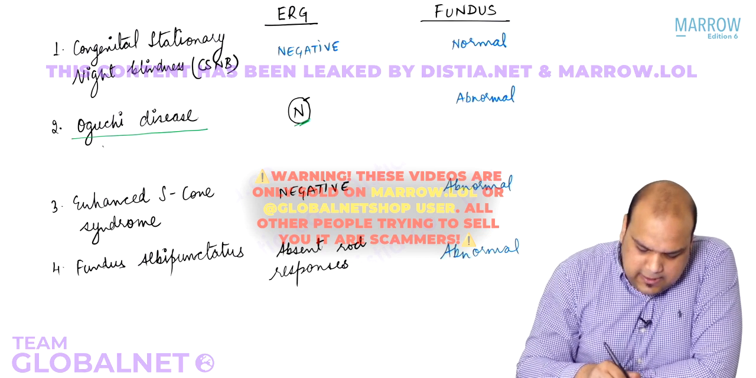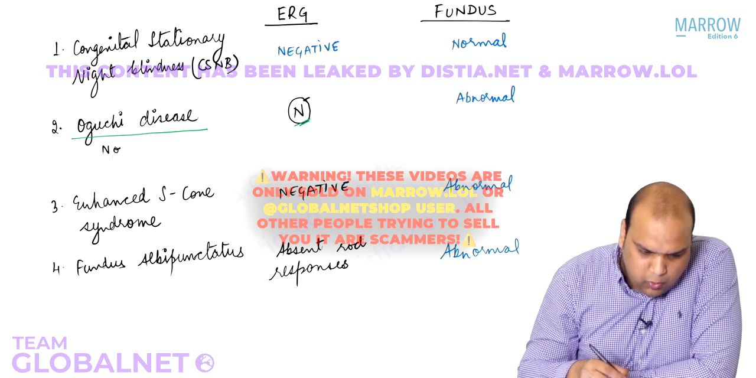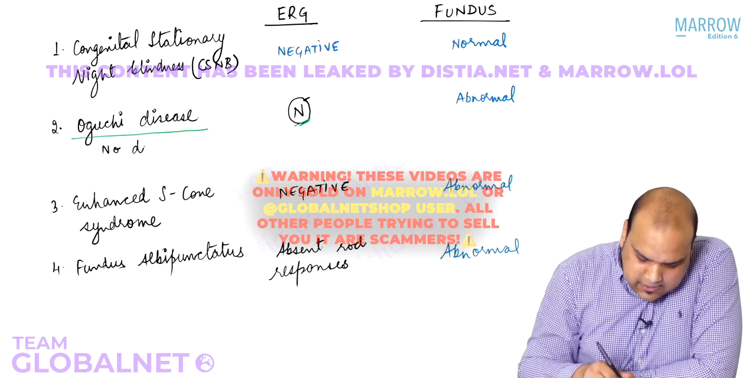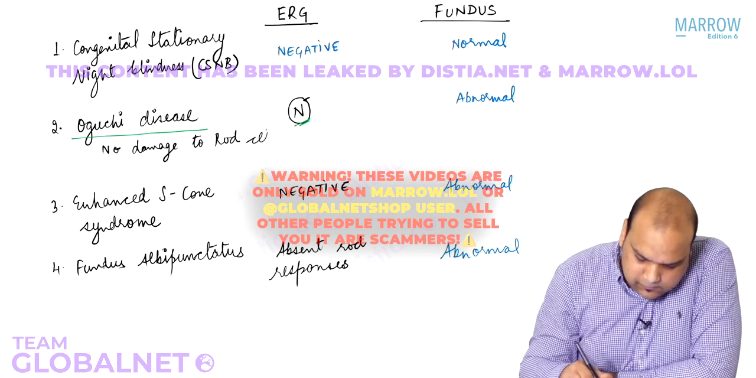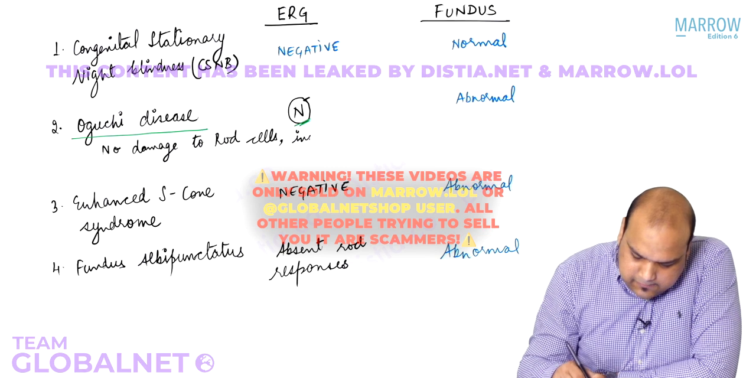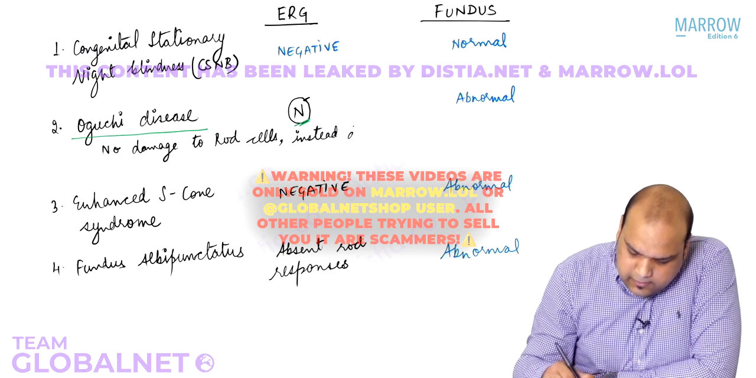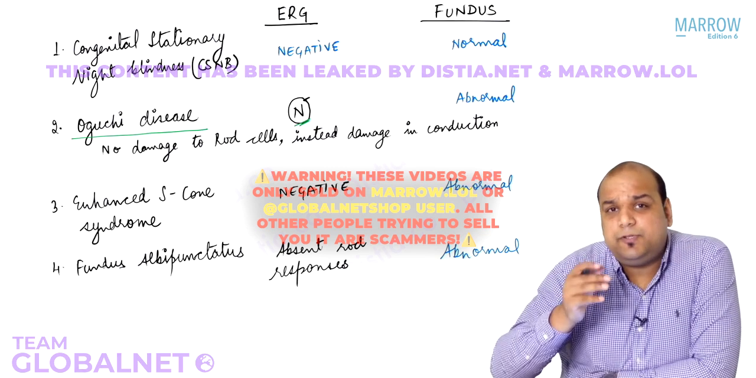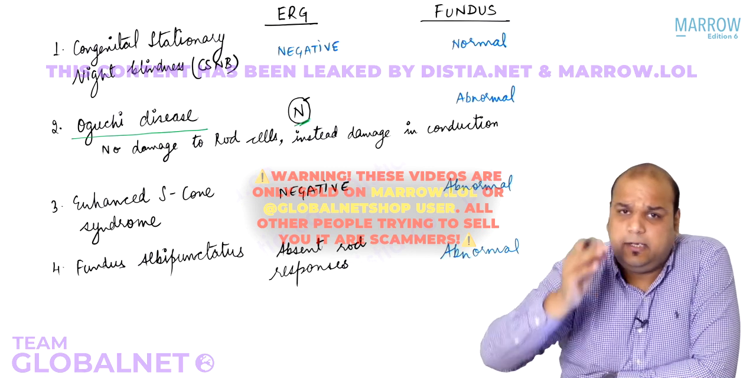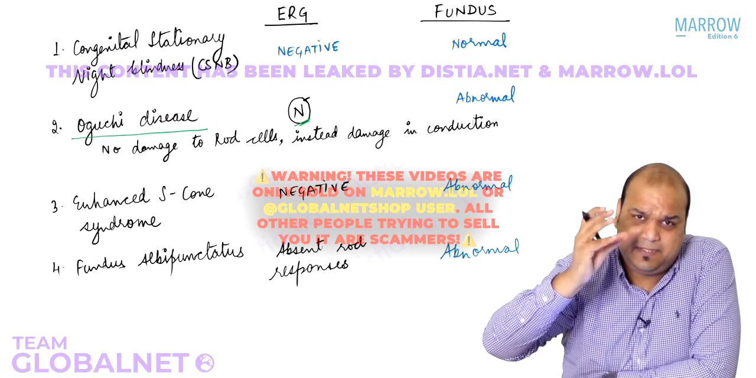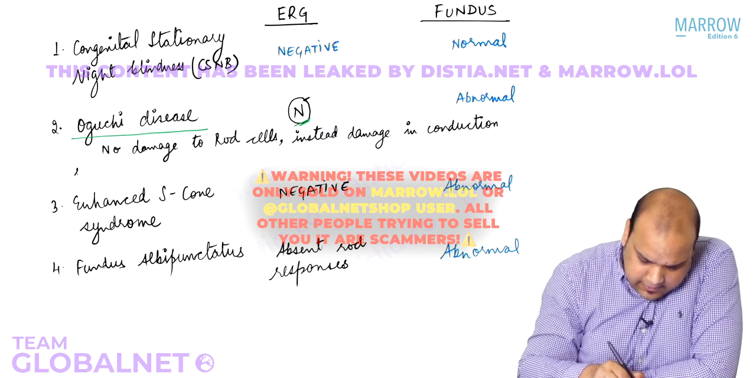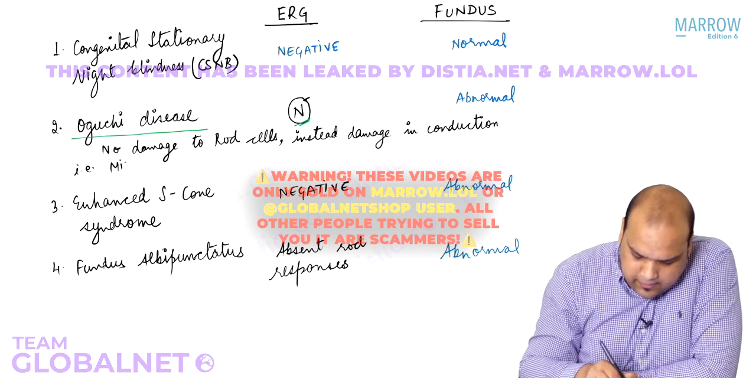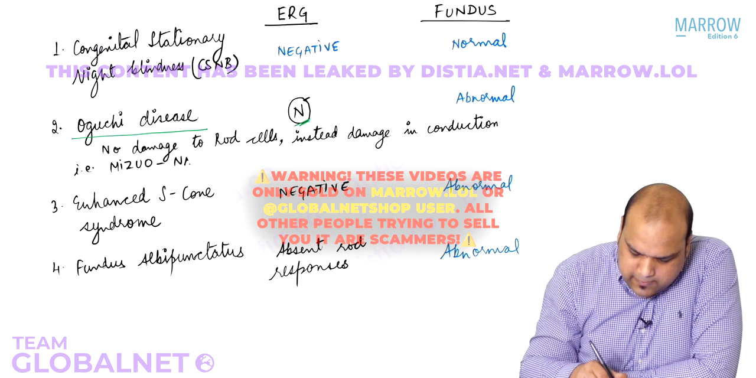That in Oguchi disease, there is no damage to rod cells. Instead, damage in conduction. So the visual impulse is getting produced, but it is not getting conducted. So there is some problem in the synapse circuits. Okay. That is why Oguchi disease is diagnosed by